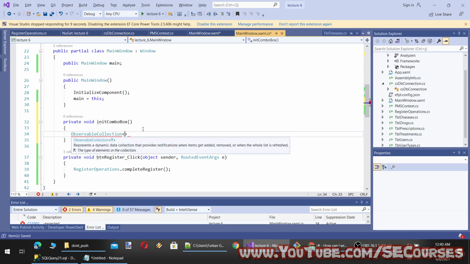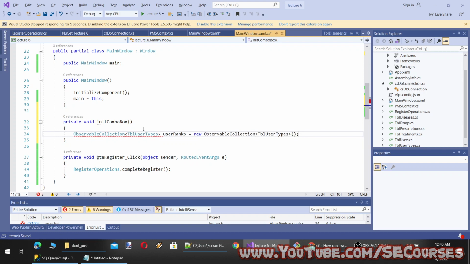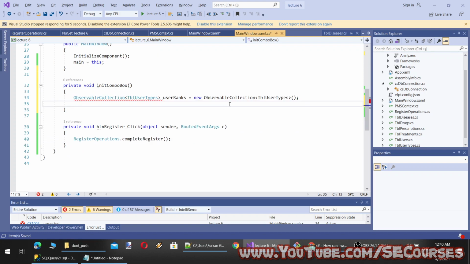Okay, observable collection, and it will be of type TBL user types here, and user ranks, whatever, equal to new observable collection. Okay, it is given, which is okay. Now it is working. Then we will use our Entity Framework.